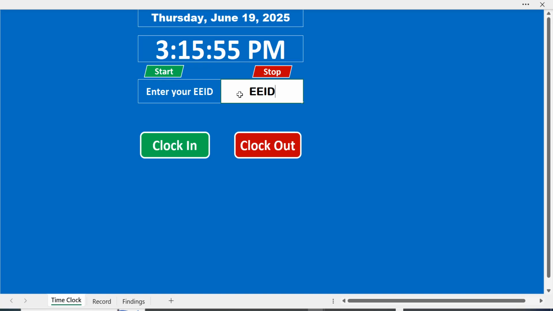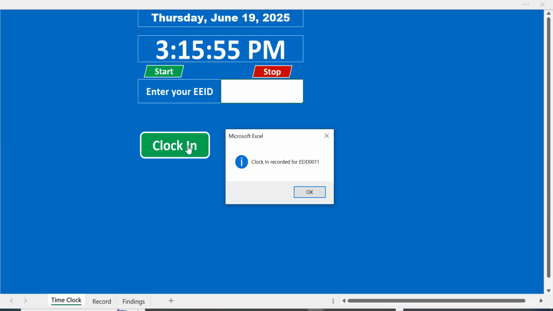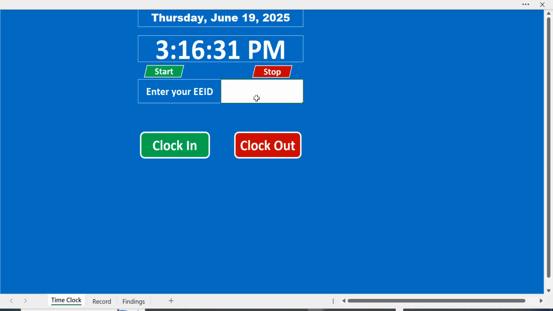So let's say for an employee ID that has 0011. When this employee arrives in the morning, just click on clock in. When he hits clock in, you get this record, clock in recorded for this employee ID, and you can just click on OK. The same thing for another employee, let's say employee ID EEID